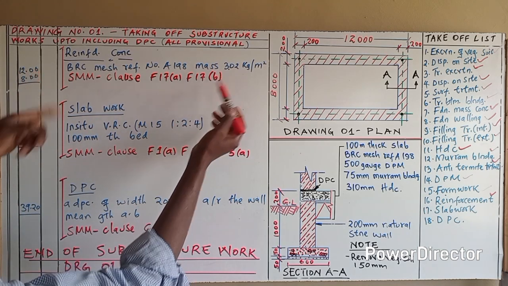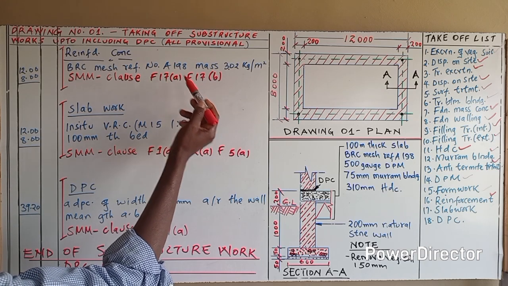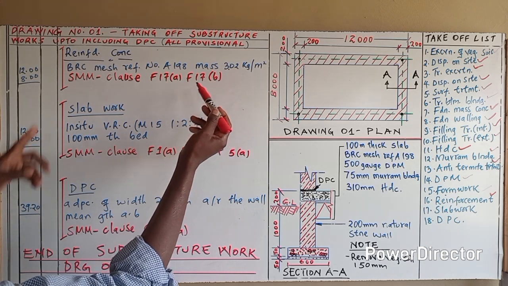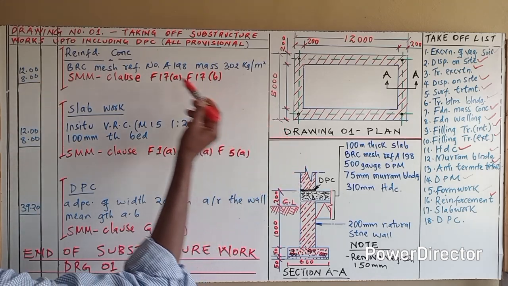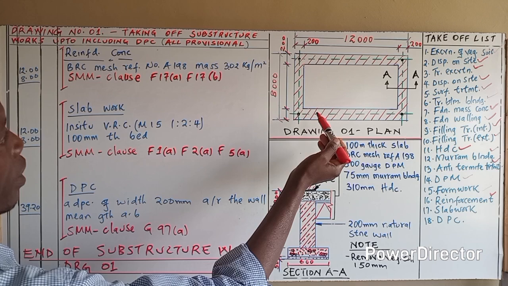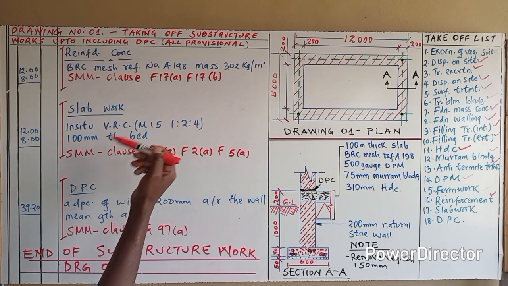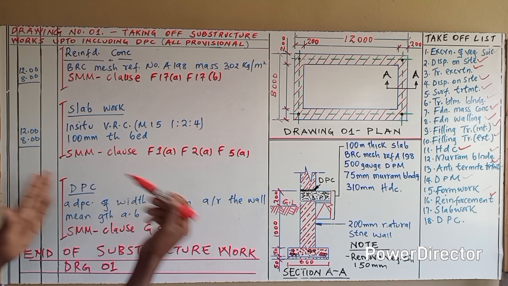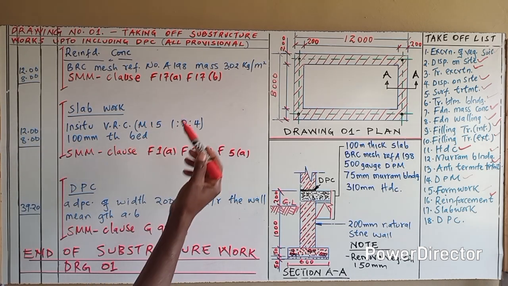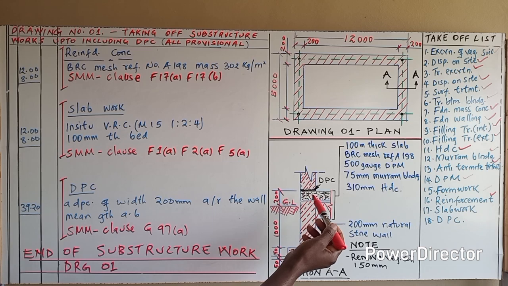So if you read SMM clause F17A and F17B explains more how BRC mesh are being laid over just before the slab work. So watch the demonstration video that I've demonstrated how the BRC mesh is being placed just before doing the slabbing